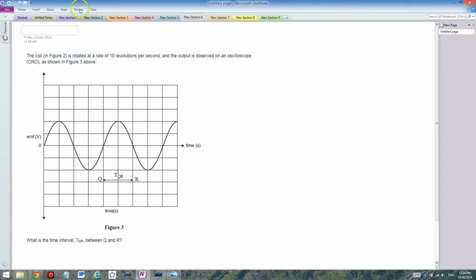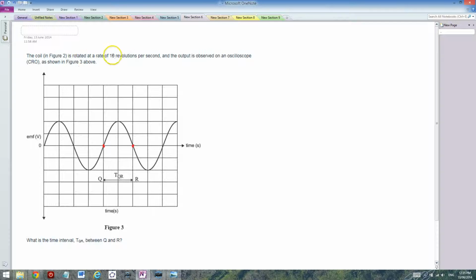Now for this question, we have a graph of the AC voltage, and they ask me what's the time interval between Q and R, between here and here. Okay, so if I read the question,